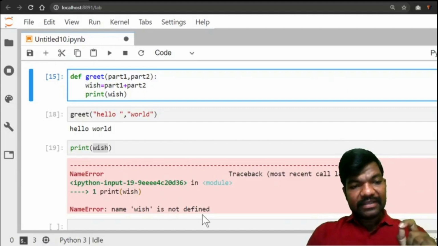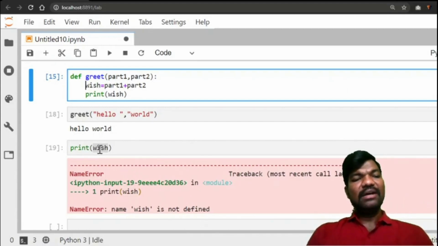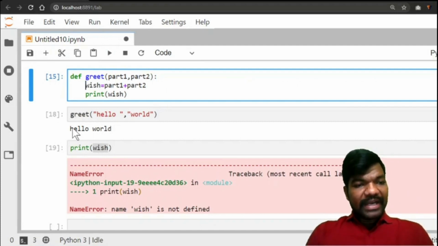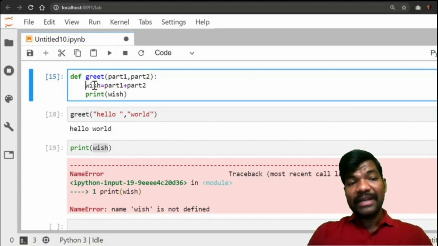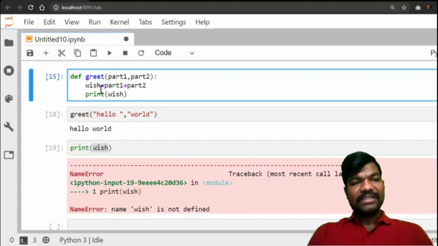That's why you are getting this error when applying print to the wish variable. Here you got hello world because you are calling the function, not printing the variable. If you directly call wish, you will definitely get an error. So that is a local variable or local parameter.